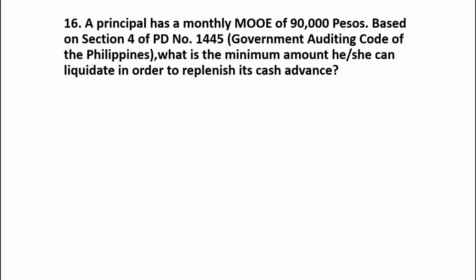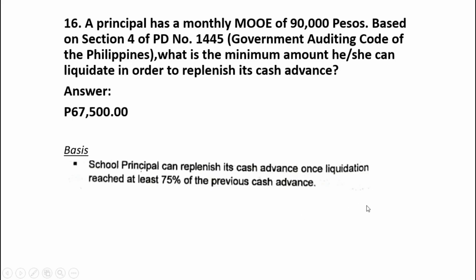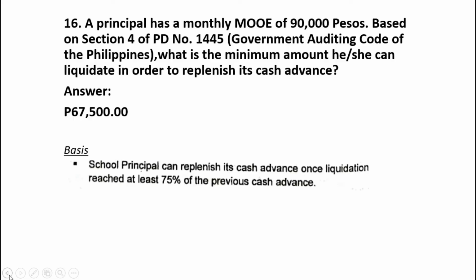Time is up po. So the answer is 67,500. Bakit ganun? Hindi niya kinompleto yung 90,000 pesos, hindi 100%. The basis is a school principal can replenish its cash advance once liquidation reaches at least 75% of the previous cash advance. Okay? So, yan po ang ating